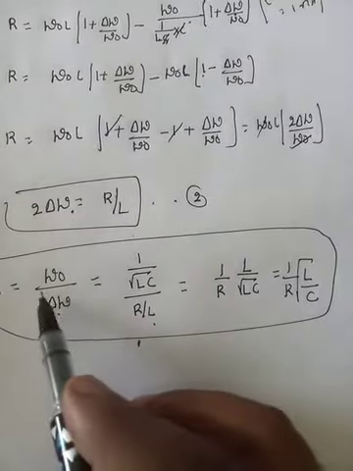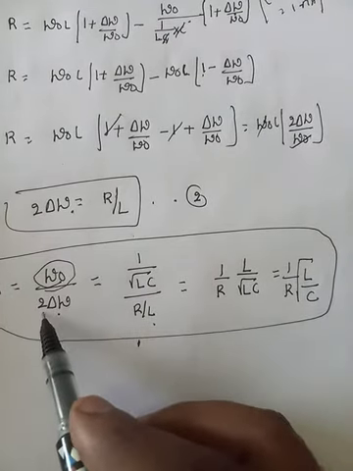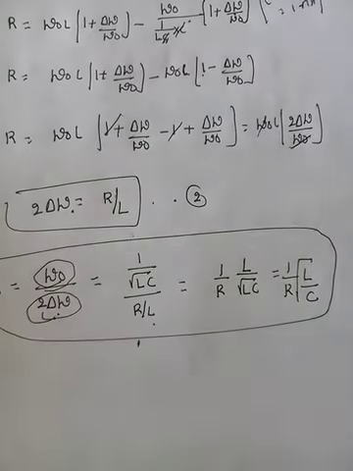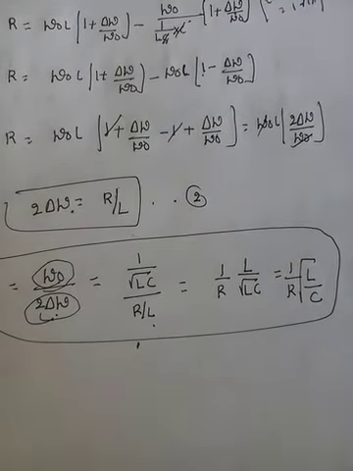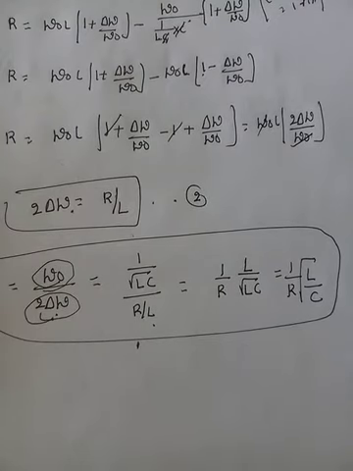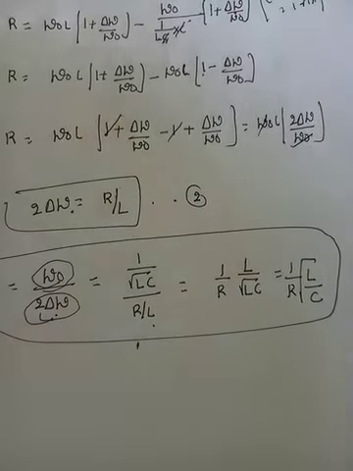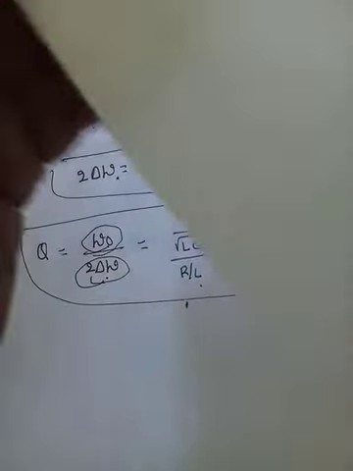You know that resonance frequency is measured in hertz or radians per second, and delta omega is also in radians per second. So quality factor has no units. It gives only the sharpness of resonance in the circuit. So what is the definition? It is defined as the ratio of resonance frequency to bandwidth. Clear? So I will repeat once.